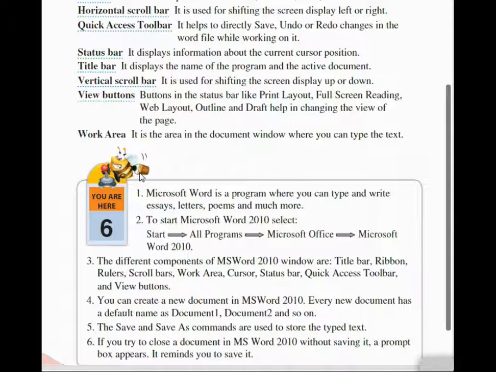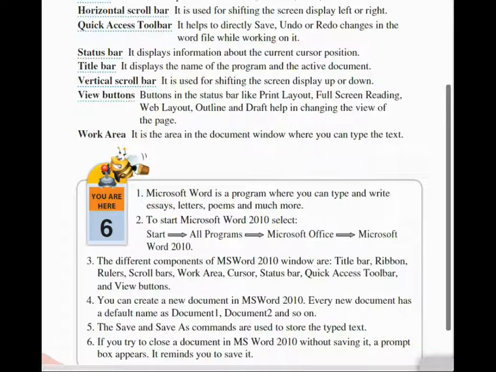View buttons. Buttons in the status bar like print layout, full screen reading, web layout, outline and draft help in changing the view of the pages. Clear? The last one, work area. It is the area in the document window where you can type the text. Clear? Okay children, now let's see the practical part.